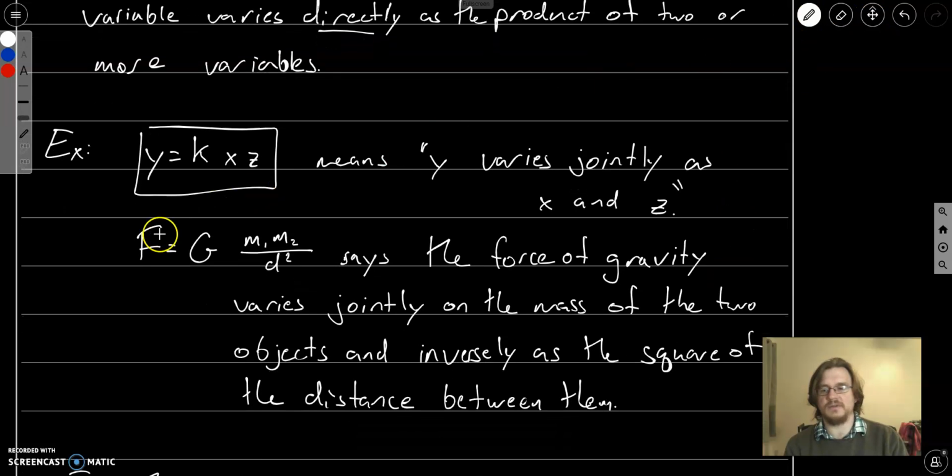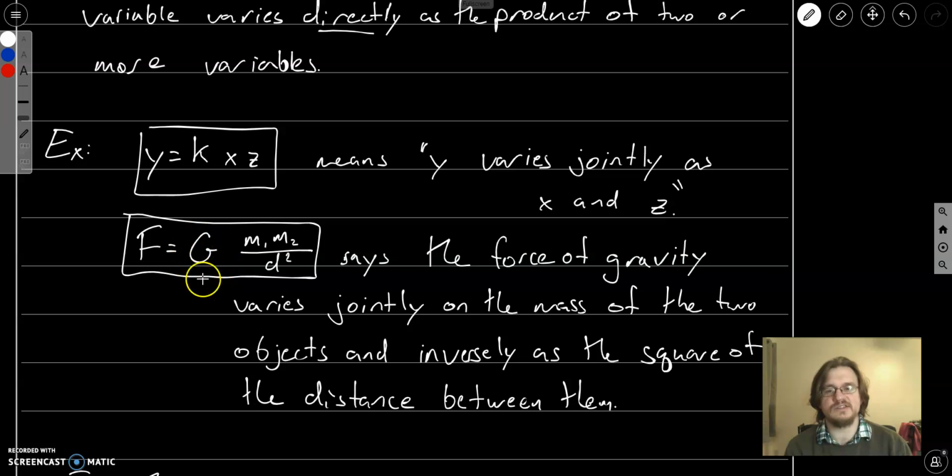This is an equation from physics that you may have seen before. The force of gravity is going to be equal to some constant, so g is just going to be some number, times the product of 2 masses divided by the distance between them. So if, for instance, m1 is the mass of the sun, and m2 is the mass of the earth, and d is the distance between them, we could plug all that in here to figure out how much force the sun is pulling on the earth with, and vice versa, how much force the earth is pulling on the sun with. And the thing that I want to point out here, I don't think we'll use this equation directly in this video,